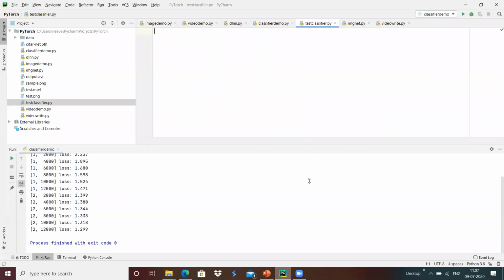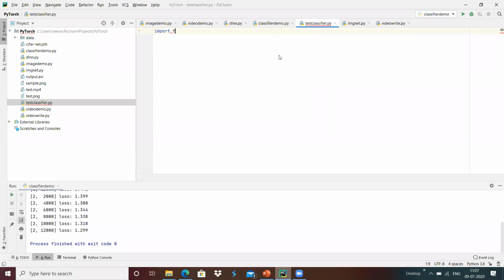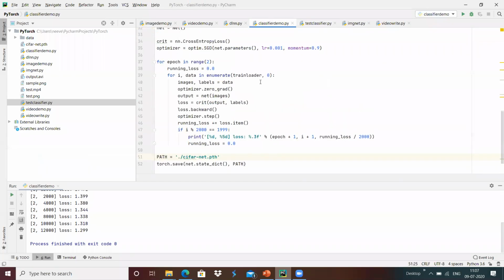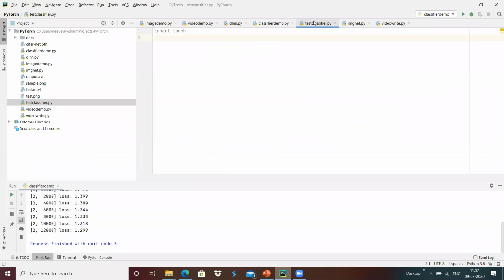Once it is done, I'm going to do it the same way: import torch, import torch.nn as nn, and import torchvision over here.